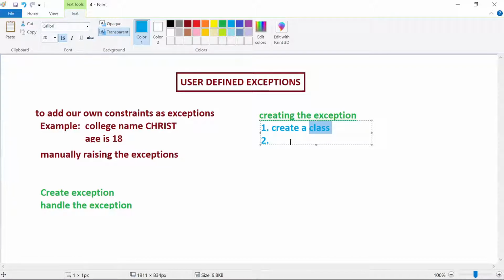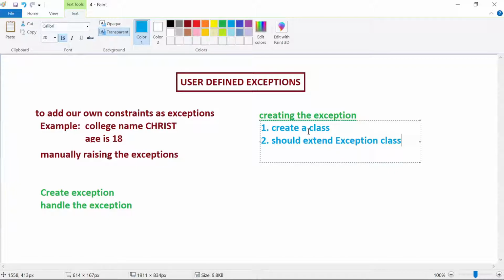Now what is this class? This class you have to convert to an exception. So whatever class you are creating, the class should extend the Exception class. Why? Because we have a predefined class called Exception class, where all the predefined exceptions are defined, like arithmetic exception, array index out of bounds exception, class not found exception are all defined there.